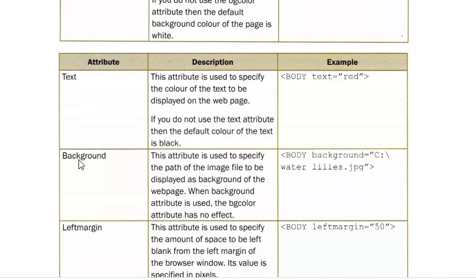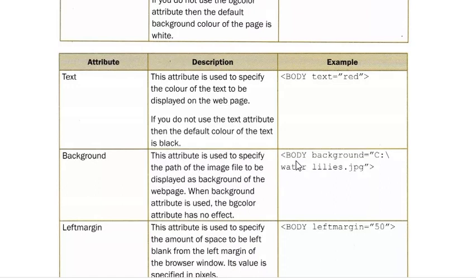Next is background. This attribute is used to specify the path of an image file to be displayed as the background of the web page. If you want an image in the background of the page, then you will use body background equals something. Background is an attribute.